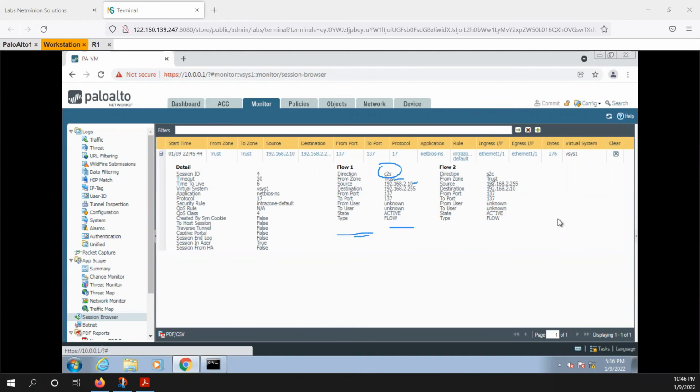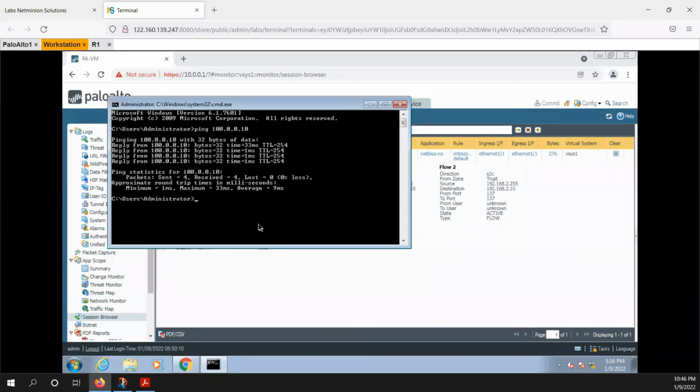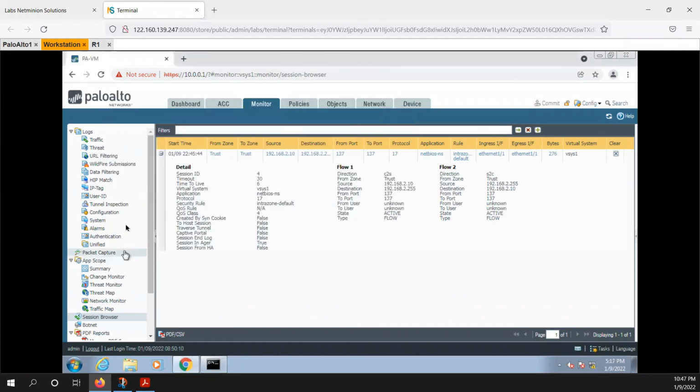This is the wrong one. This is the broadcast. Actually, this is allowing, which is wrong. Actually, I have to see the traffic related to the existing one. So yeah, it says hitting the intra-zone rule as well, correct? Default, not the R. Right. Let me just continue and try to check here.